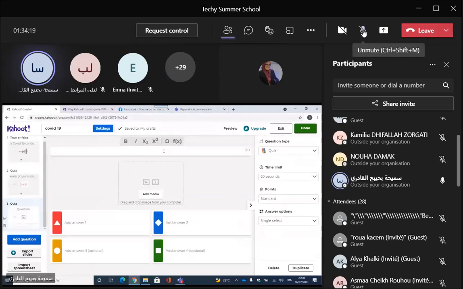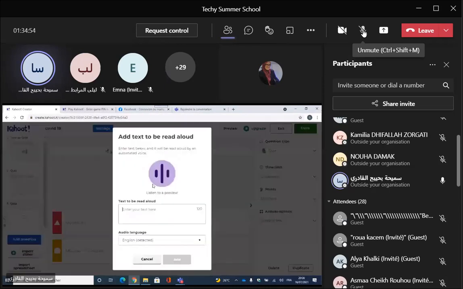If you don't find the word, you can use, and here we can add audio, for example. You write it here the way you do with the text-to-speech service, if you know it. It is a Microsoft tool also.